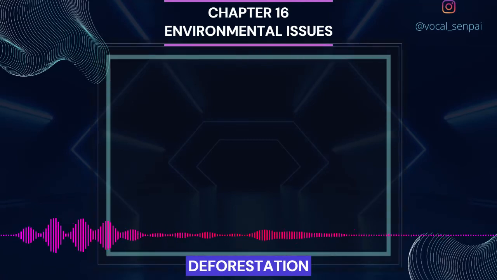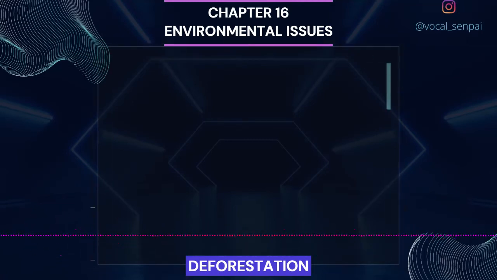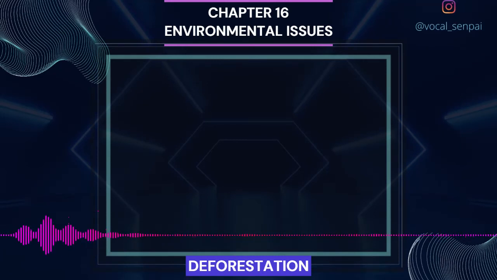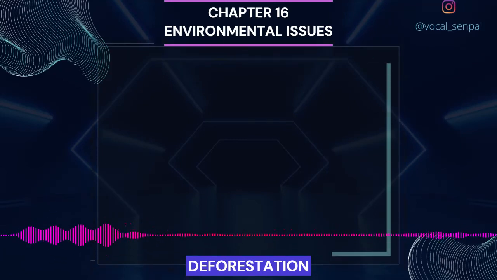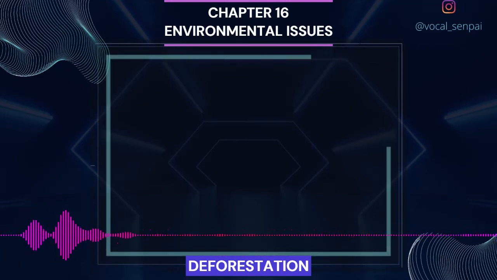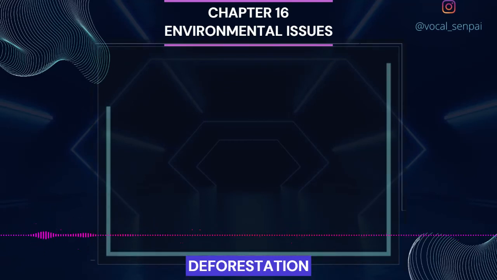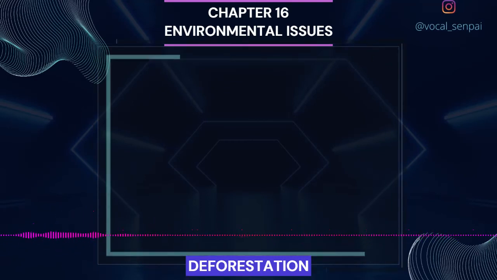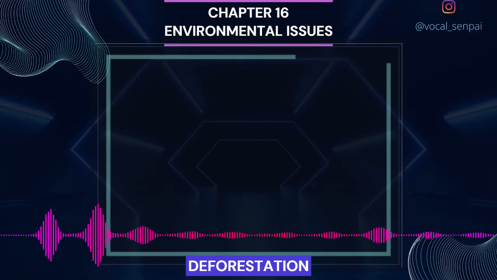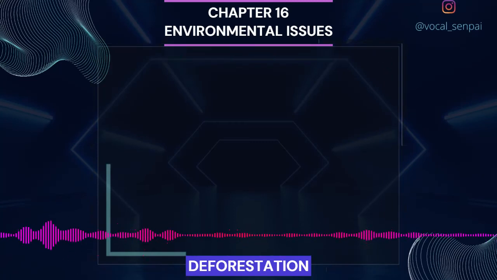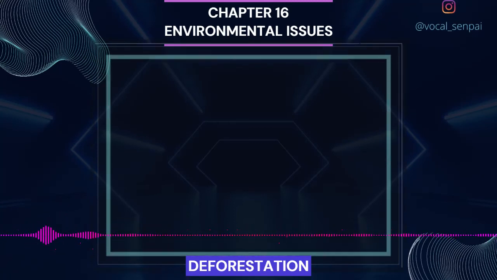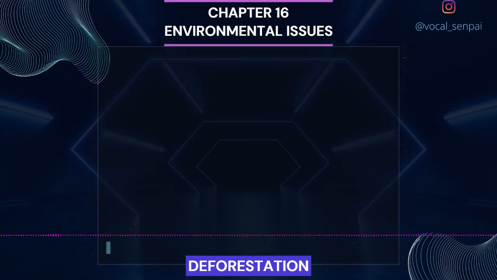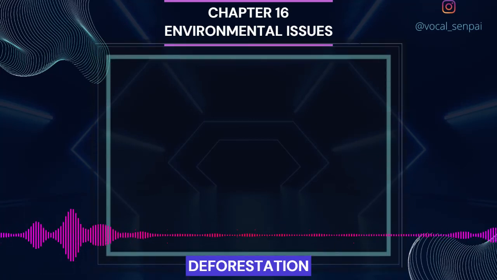What are the consequences of deforestation? One of the major effects is enhanced carbon dioxide concentration in the atmosphere because trees that could hold a lot of carbon in their biomass are lost with deforestation. Deforestation also causes loss of biodiversity due to habitat destruction, disturbs hydrologic cycle, causes soil erosion, and may lead to